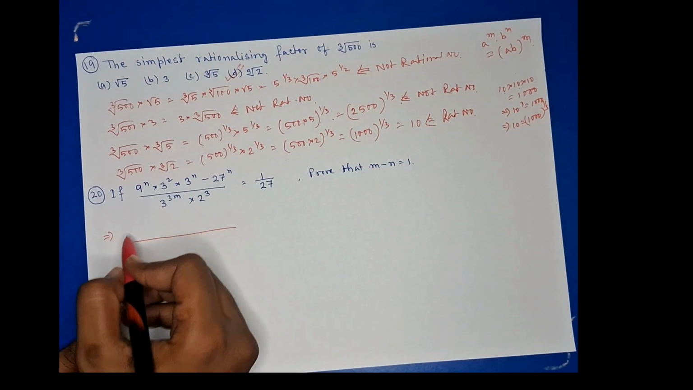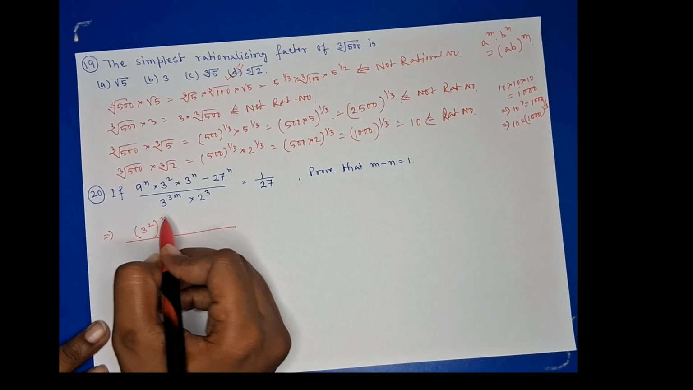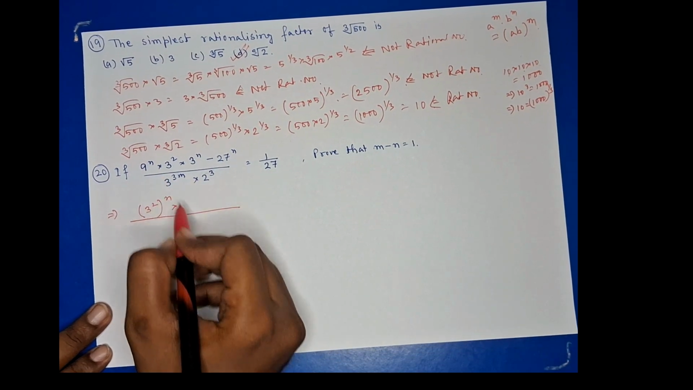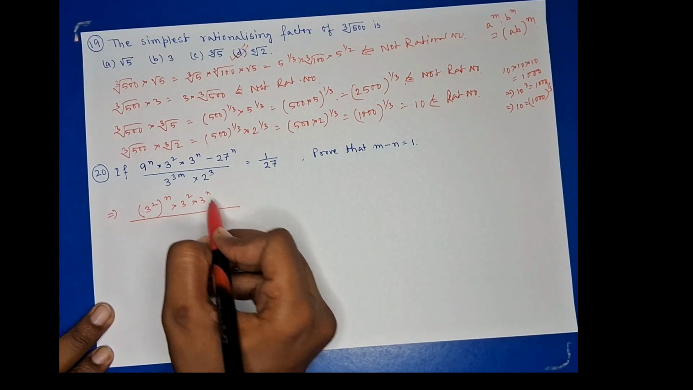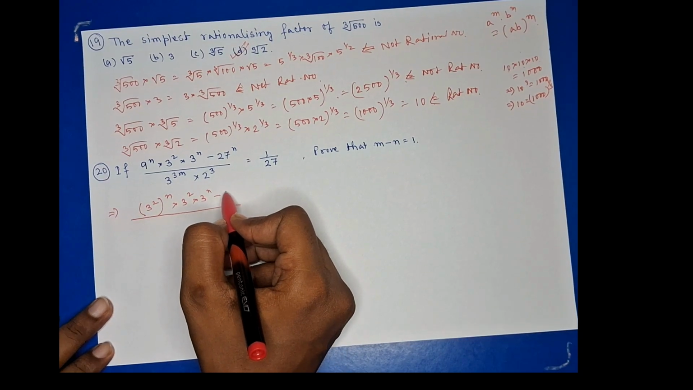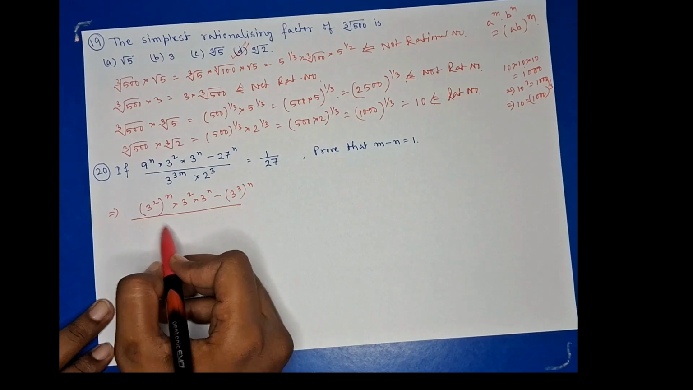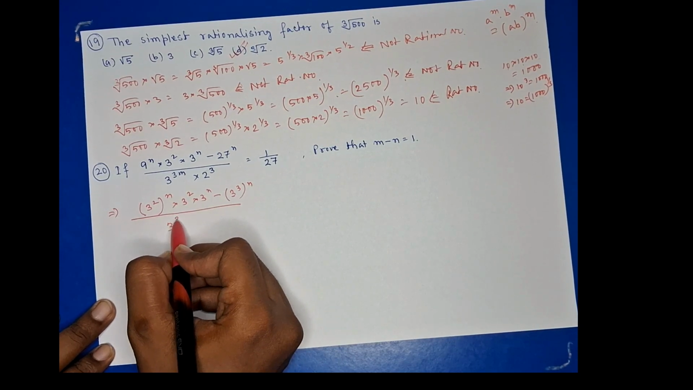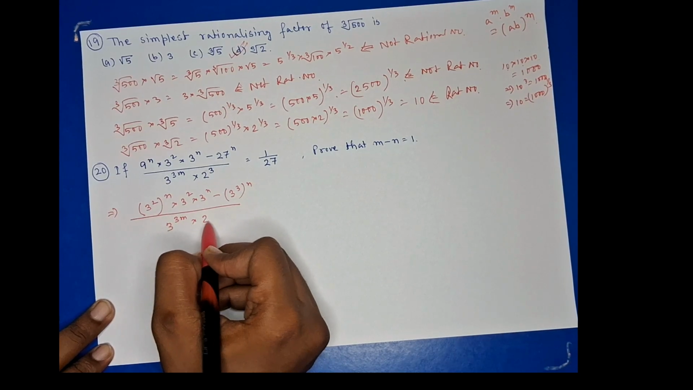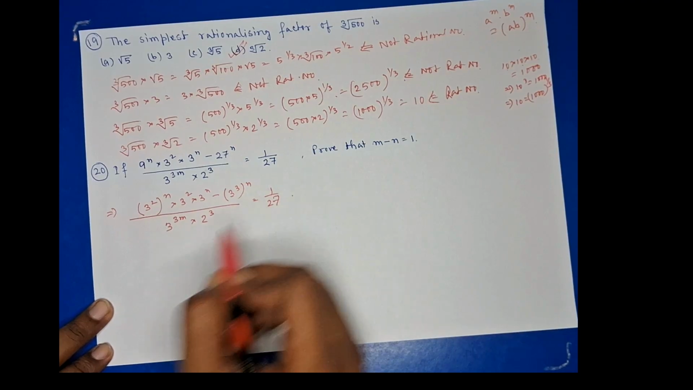So 9 we can write it as 3 square whole to the power n into this 3 square into 3 to the power n minus 27 we can write as 3 cube whole to the power n, and this is 3 to the power 3m into 2 cube is equal to 1 by 27. Okay,